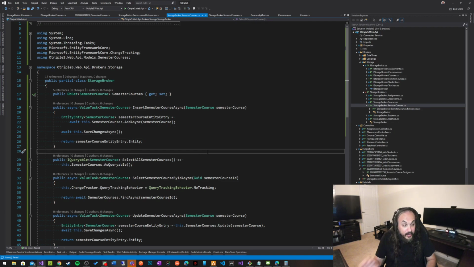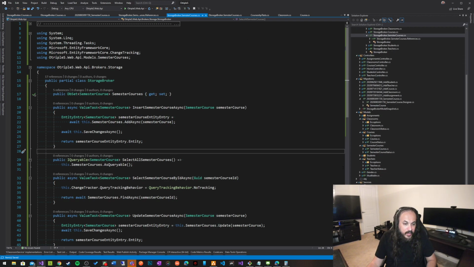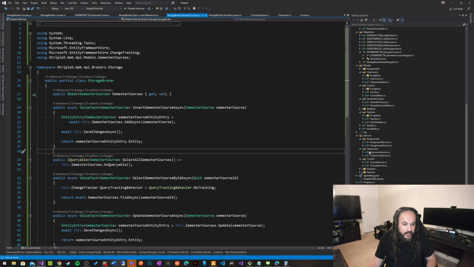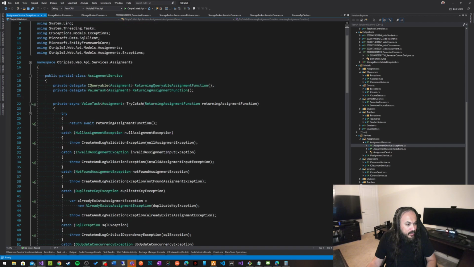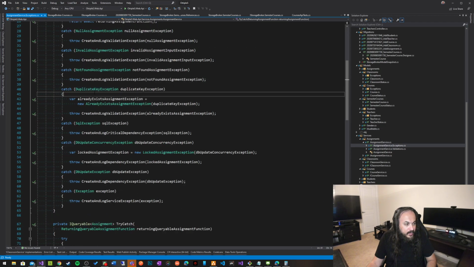But more importantly, there's a new exception that you need to handle, which is an invalid reference exception. So basically, in other words, when you're going and saying, these are my services, and in my services, I have a bunch of exceptions. There are exceptions in here that you use, like duplicate key exception. This guy is coming from an open source library called exceptions, which basically takes the DB update exception and turns it into something more meaningful. In our case here, because the entity that we're passing in has a reference to another entity, you need to handle an exception called